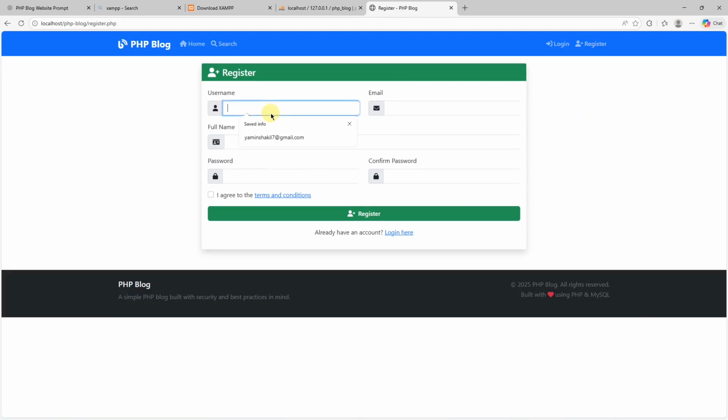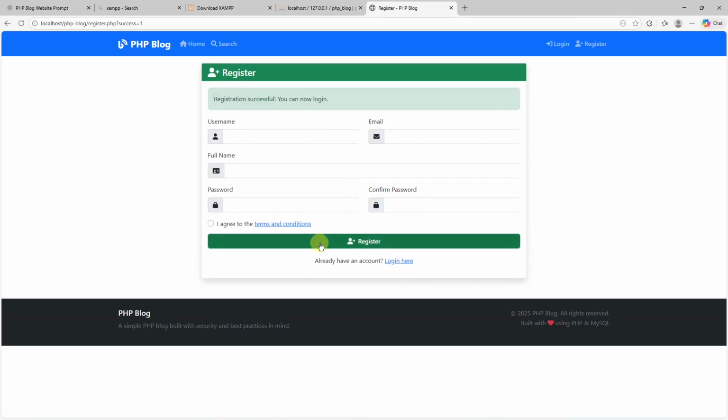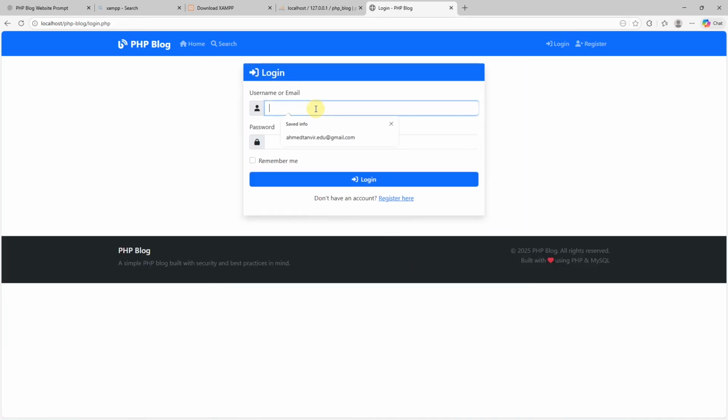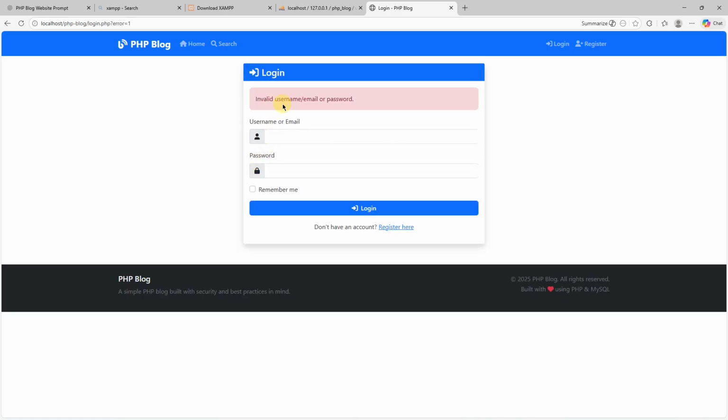Now let's go for the registration, and here I'm going to go with, let's say, Yamin at gmail.com, and here you can see registration successful. Now we'll go for the login, and here I'm going to set Yamin. Every single time I'm giving the right credential, it's saying